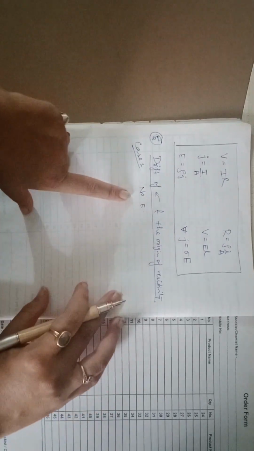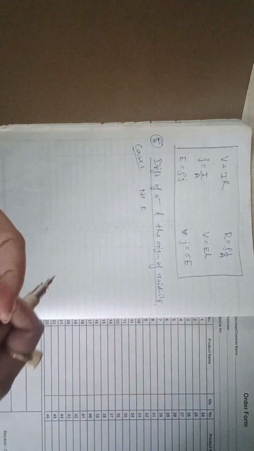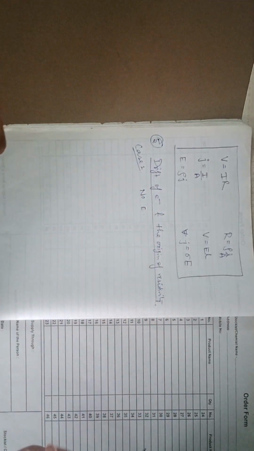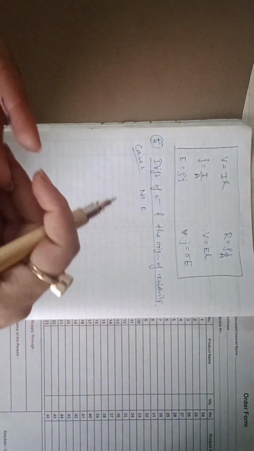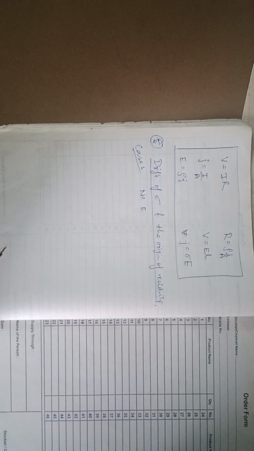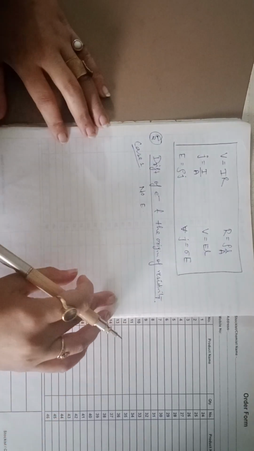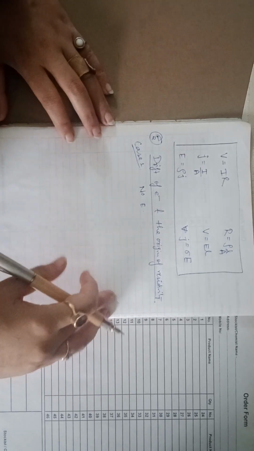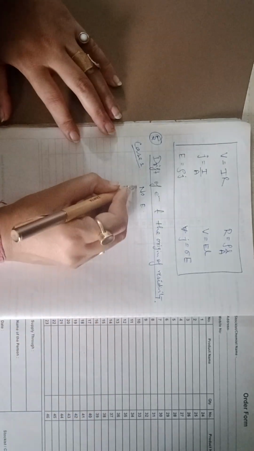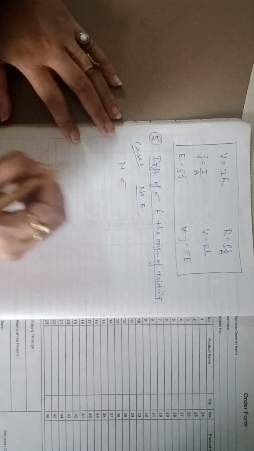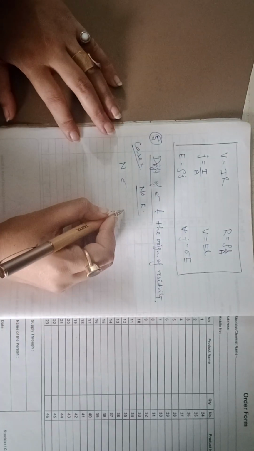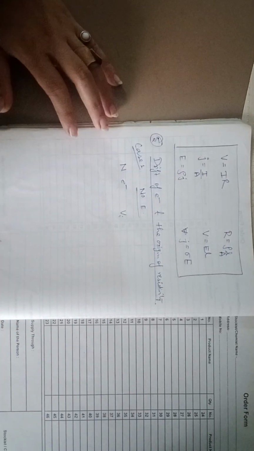As I've already discussed, if electrons are moving in different directions, then their speed will be same, but the directions will be different. So their velocity will be different. So after collision, the overall velocity will be 0. So since there are many number of electrons, let's say there are n electrons. Okay, they all are moving with some velocity, let's say vi.